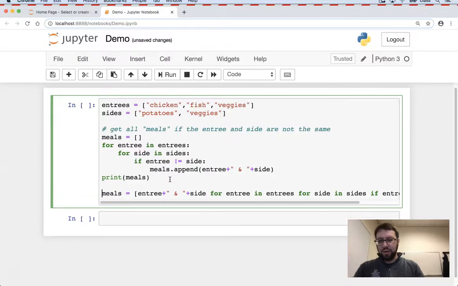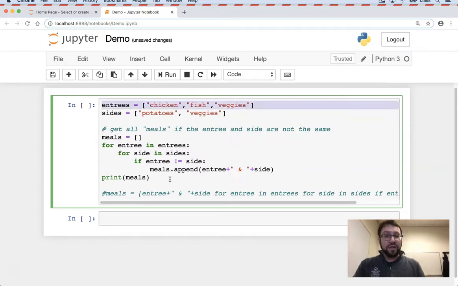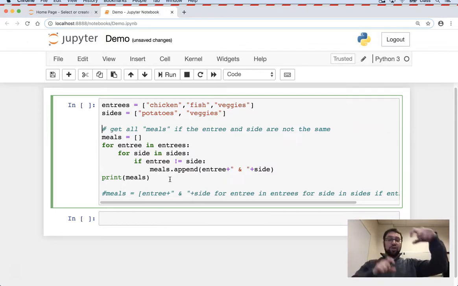All right, so I want to clarify that we can actually make list comprehensions fairly complex and can represent fairly complex loops working with multiple arrays or even nested arrays if we want to. So here's an example where I've got a list of entrees, like main courses for a meal, and then a list of side dishes. And the idea is that maybe I want to use a nested looping structure to come up with every combination of entree and sides,